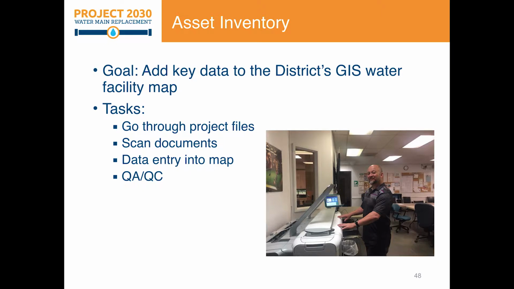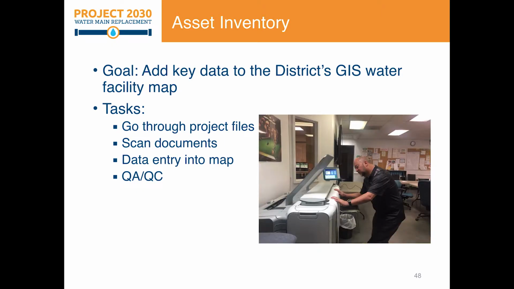So the next task was scanning our documents. We had over 1,000 documents to scan. So this is Tamar on scan number 1. He's really happy right here. And this is Tamar on scan number 1,000. Not so happy. But joking aside, all those documents did get scanned, and we have all those digitally now,